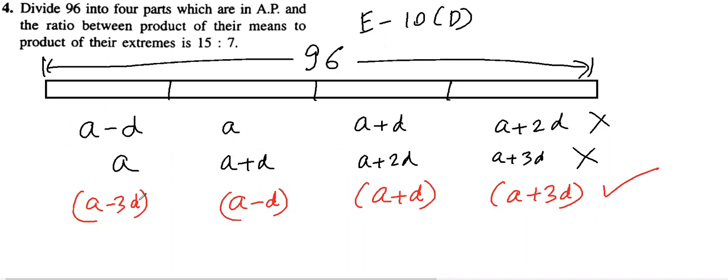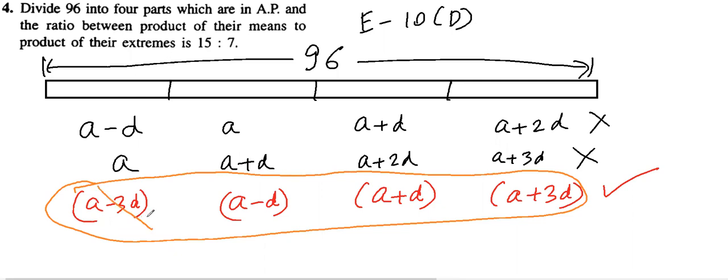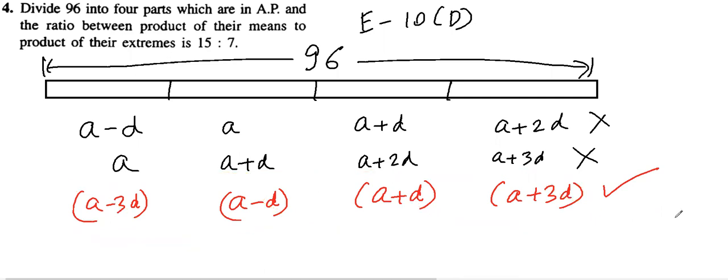Why? Because minus 3D and plus 3D is getting cancelled. Minus D and plus D is getting cancelled. And when added, purely I am getting 4A. So such terms we should always take. If you want to take others also, you can take, not a problem. But the calculation will be more complex. So to minimize the complexity or to make it easy, we use such 4 terms only. So I will consider these 4 terms. Got it? Next.